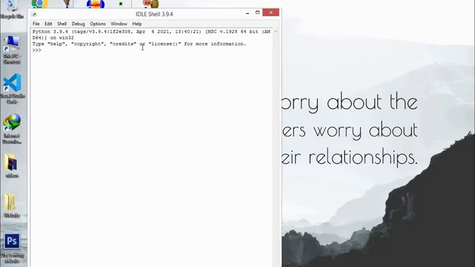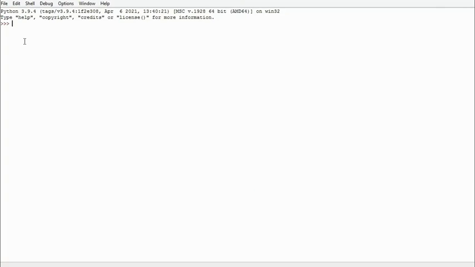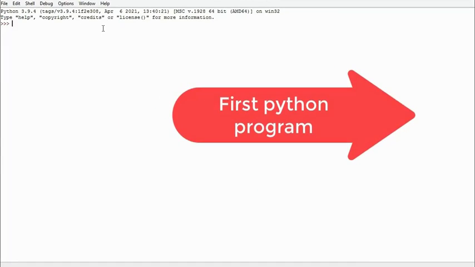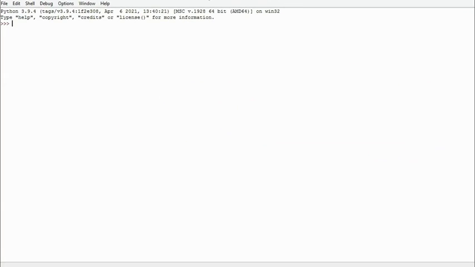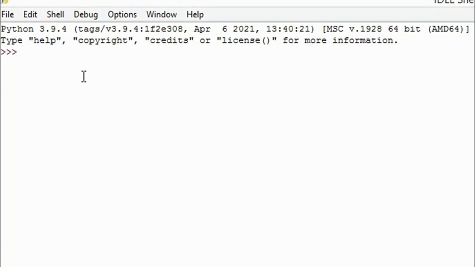Okay, so it would be something like this. It would be like a shell, and then we would be writing our first Python program. Now if you don't know anything about Python, it doesn't matter, because writing a Python program is very simple. Just give a quotation mark, whether it is single quotation or double quotation. We will be learning the syntax of Python later, not now. Just a hello world program. So hello world, done, press enter, it's done.